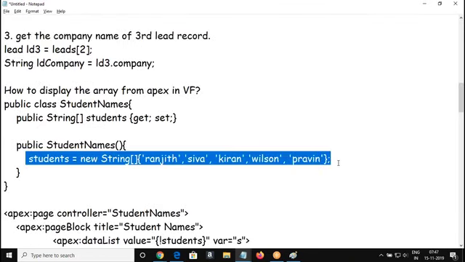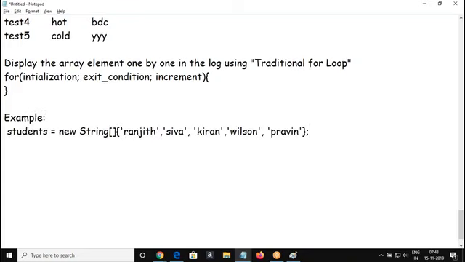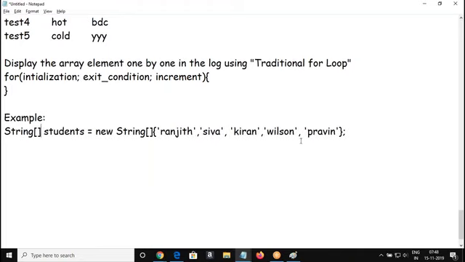So this array I have. I would like to display these elements one by one in the log. So how are we going to do this? For